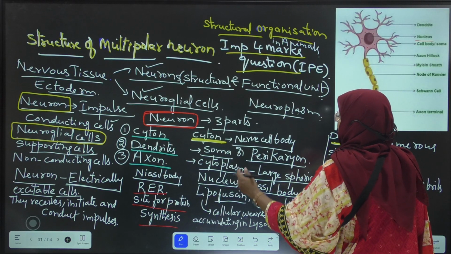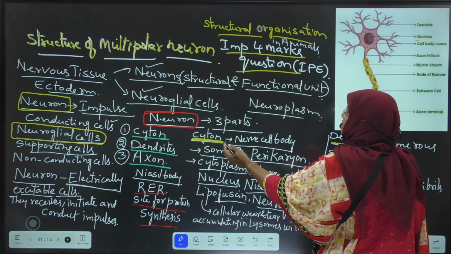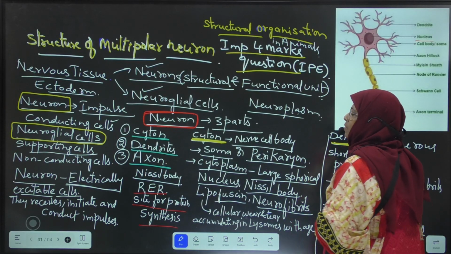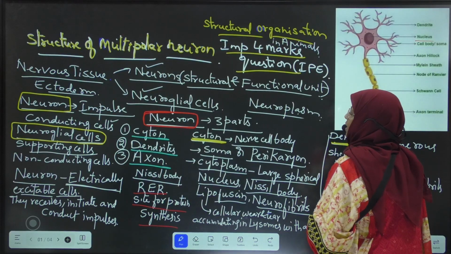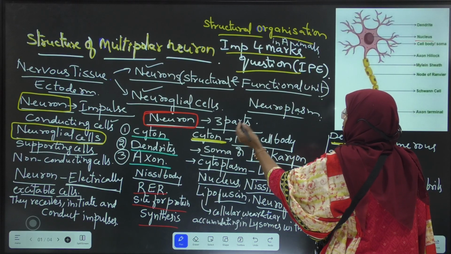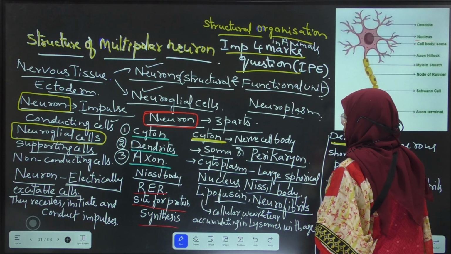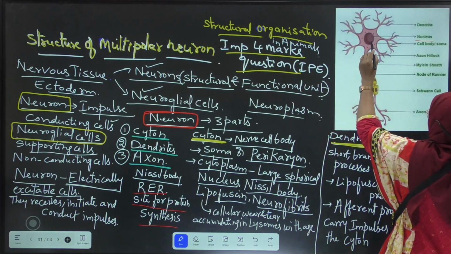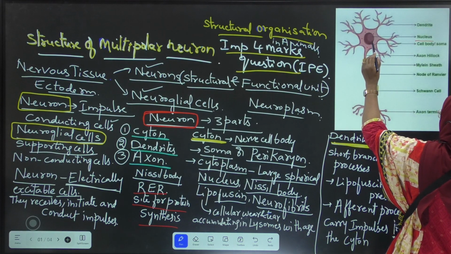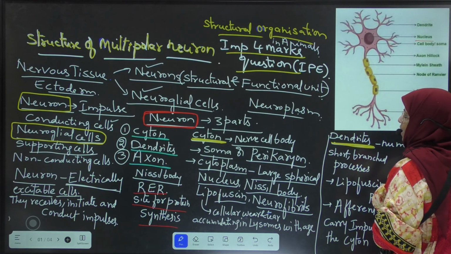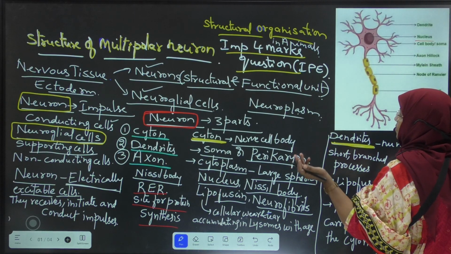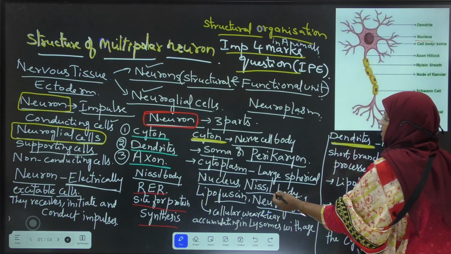Once again, I will repeat cyton. What is cyton? It is otherwise called nerve cell body, or soma, or perikaryon. The cytoplasm of the cyton is also called neuroplasm. This neuroplasm consists of a centrally located large spherical nucleus, and the cytoplasm also consists of Nissl's bodies,